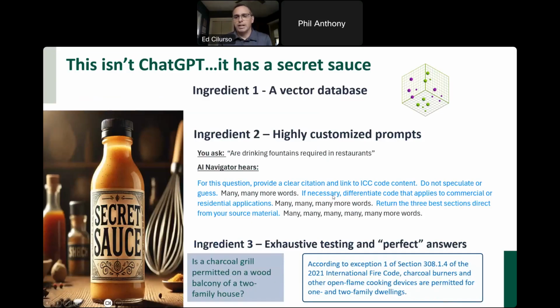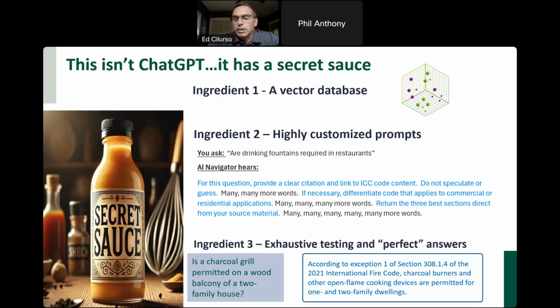How does this get done? A lot of times people ask me that to say, well, you say that it is different than something like ChatGPT. How is that? So there really are 3 ingredients to that. The first is a specific database that we create and maintain. It is a vector database. We turn all of the code language we're going to provide it access to into a bunch of zeros and ones. And the LLM, the large language model, it works over top of that. So it's called a large language model. It doesn't actually know language. It works through those zeros and ones. It then patterns the text it finds to find the most likely matches in terms of relevance.